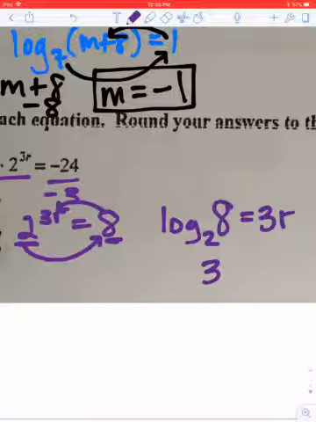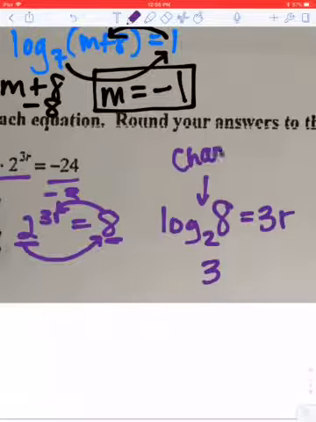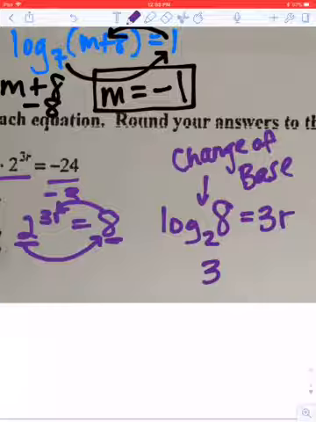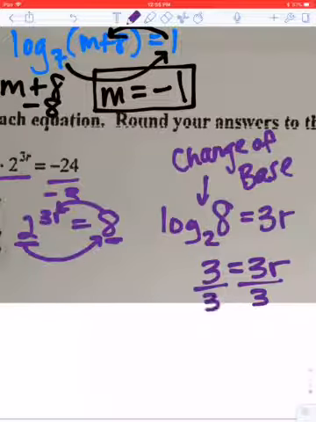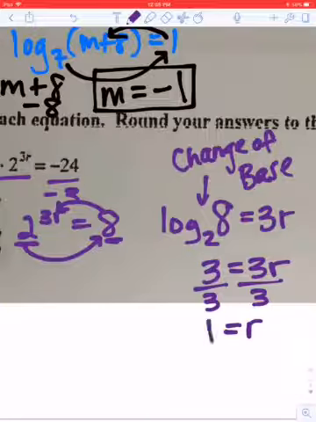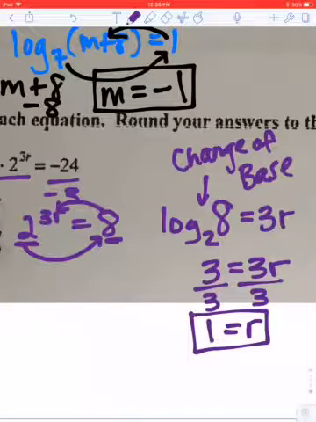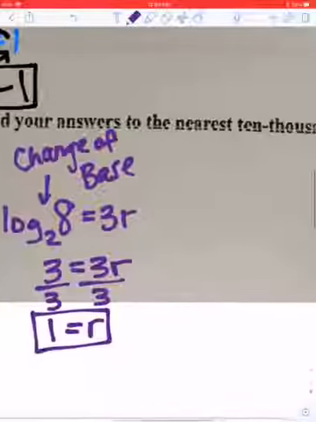Okay, and remember, if your calculator doesn't have a base button, you can always use change of base. Meaning I could rewrite this as log 8 divided by log 2. So the log base 2 of 8 equals 3, and 3 equals 3r. Divide both sides through by 3, r is going to equal 1. Pretty good. Now it told us to round to the nearest 10,000th. We didn't